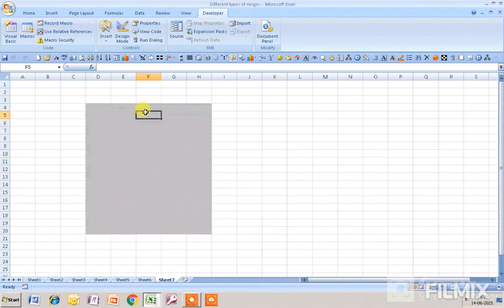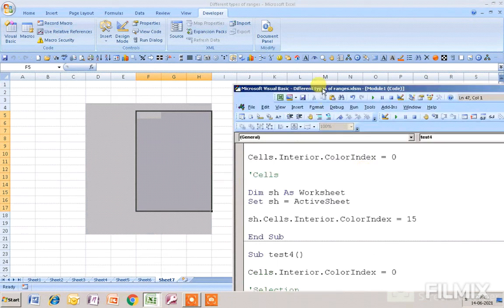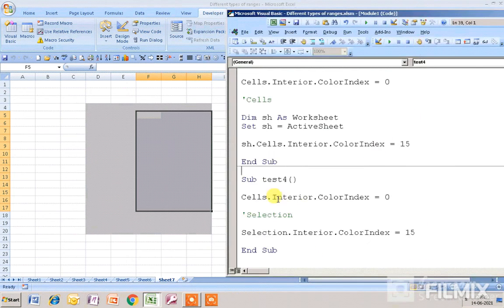Suppose I select this particular range. Okay, and if I again go to the Visual Basic and run the macro, then you will see that only for this selected range you will see the changes, you will see the effects. You can't see the effect for all the cells.